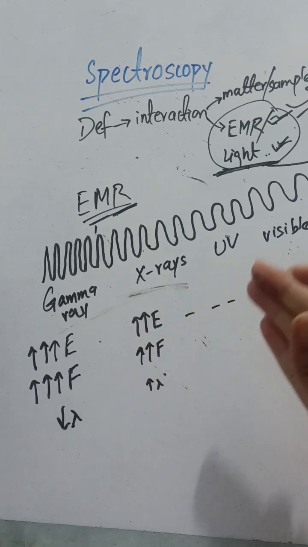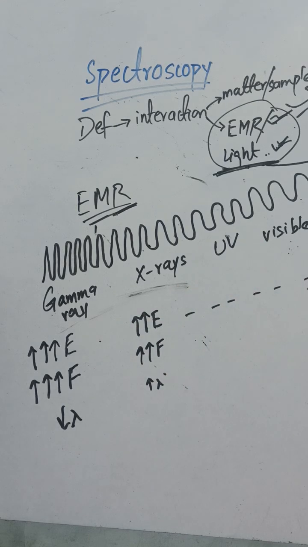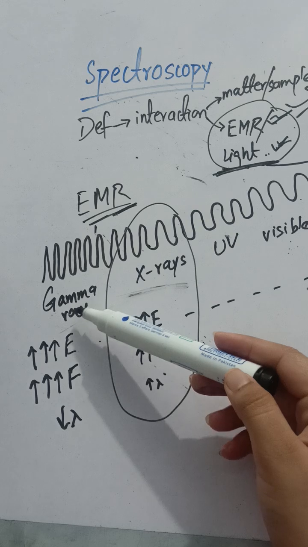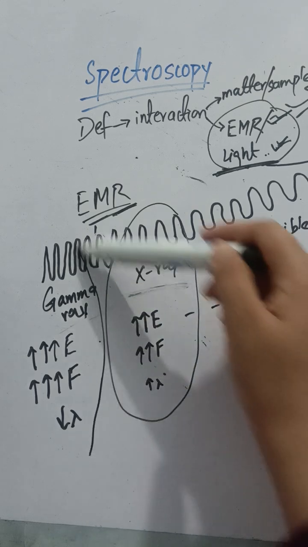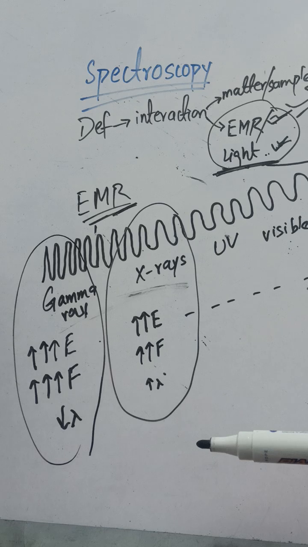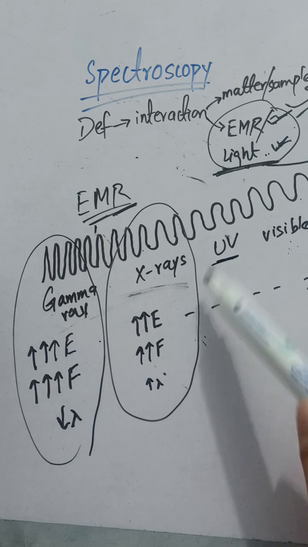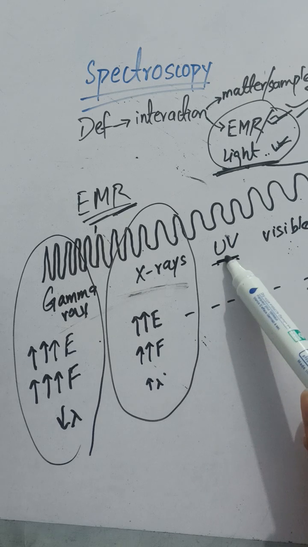Okay, so now, what are gamma rays, X-rays, UV rays? They are electromagnetic rays. When you go for an X-ray, you do the X-ray of your body, and you are throwing these kind of rays over your body. And if someone is throwing gamma rays, for example, to kill cancer, we throw gamma rays. So if a patient is going for radiotherapy, he is receiving gamma rays over his body. Similarly, you are throwing UV rays or ultraviolet rays,